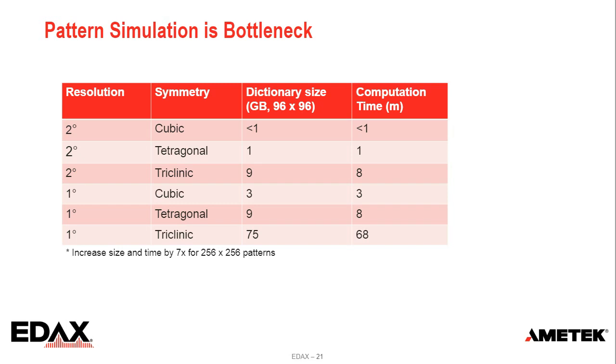You can see that simulating even a relatively coarse 2-degree dictionary for a moderate symmetry material like tetragonal takes about a minute, which is not a huge amount of time, but this is for 96 by 96 patterns. If you have something like 256 squared, multiply everything by 7, and you can see that especially for low symmetry materials, both the size of the dictionary and the time that it takes to calculate becomes